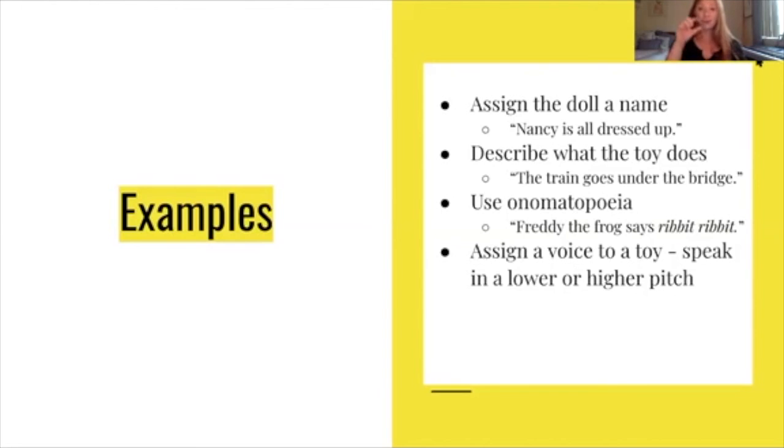So if you have like a little mouse toy, you could be like, squeak, squeak, squeak. Oh my goodness, like what are you doing today? Or if you have like a big gorilla or something, you're going to talk in a lower pitch. Hello, I am a gorilla and I like to eat bananas. And you see there how silly my voice got. And for you guys, you might be laughing. You might think I'm ridiculous.